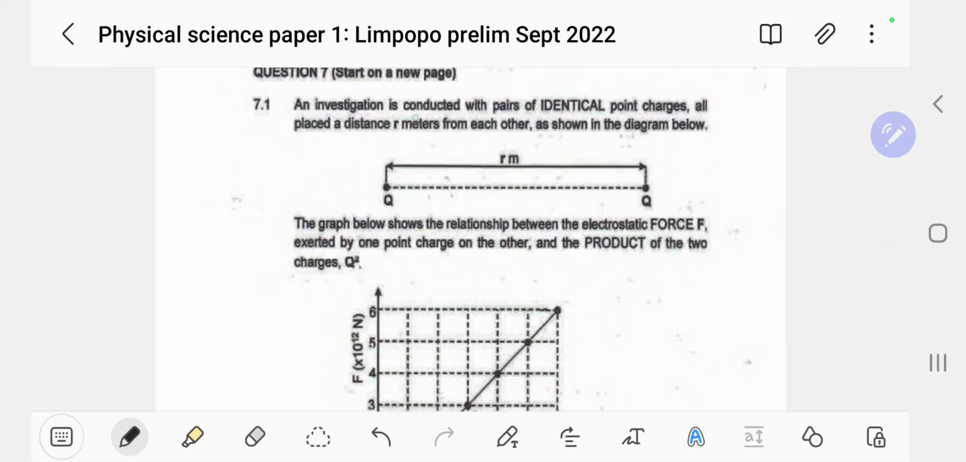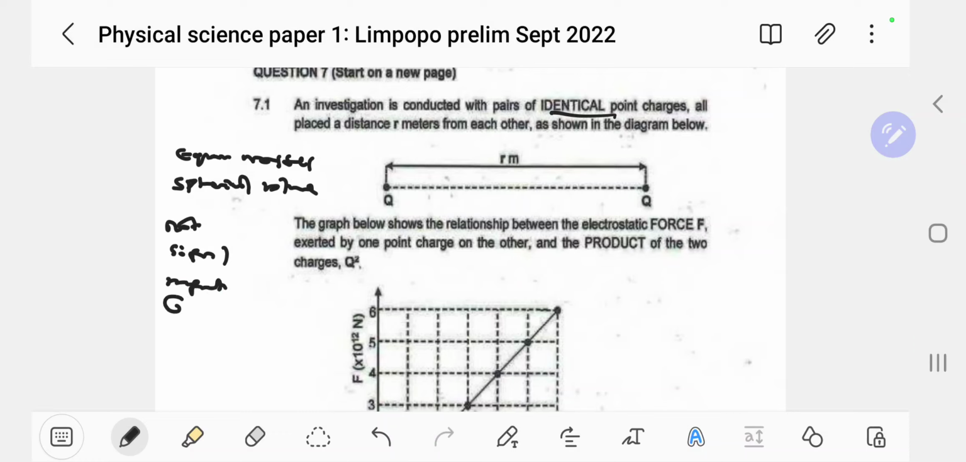Question 7 says, an investigation is conducted with pairs of identical point charges. Now, in electrostatics, when you hear that word identical, we mean equal masses and then the spherical volume. Okay? And not, should I say, the sign and magnitude of charges. Okay, so if they don't talk about the magnitude of charges, no,